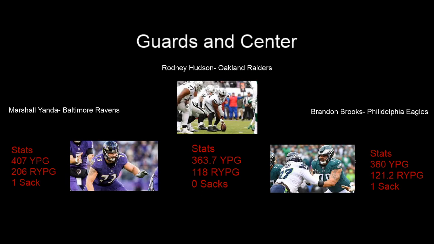Let's move into my guards and center, and I want to start with Marshall Yanda, who's going to play the left guard spot for me. Again, another Baltimore Raven. You've seen the yards, only allowed 1 sack this year. This guy has been a model of consistency along the line for the best team in football. He helped Lamar Jackson, the new running scheme, look great all year, and is also an absolute animal in pass protection. He's been a great player for a very long time, and I just couldn't leave him off my team. Marshall Yanda, terrific season.